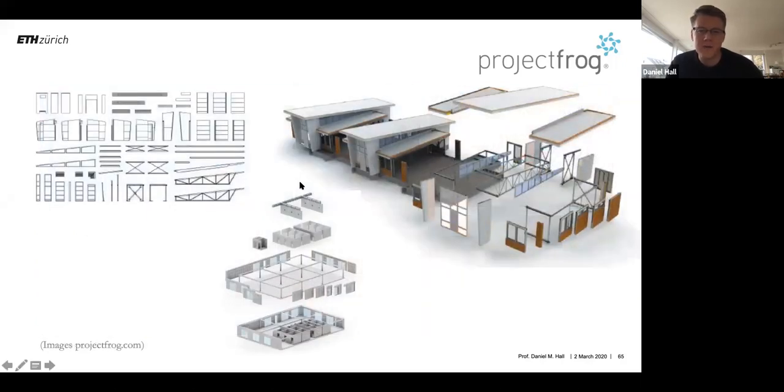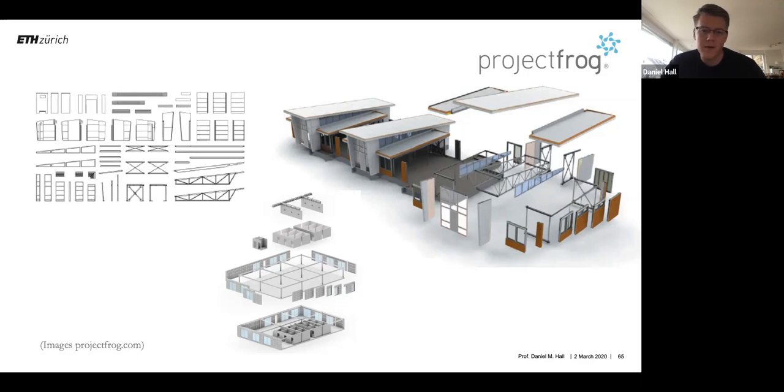And then they developed something called the Frog Kit. So here you can see very much the idea of a kit of parts. These are specifically the different parts that they work with. And Project Frog was an example of Industry 4.0 because Project Frog does not manufacture any parts themselves. All of these parts are sourced from different suppliers. So they collaborated with different suppliers, and they said, look, can you deliver us this product? And then Project Frog tested and made sure they all fit together on site, and then developed an Industry 4.0 platform around that. So that was their starting point, where they created this kind of systems integration.